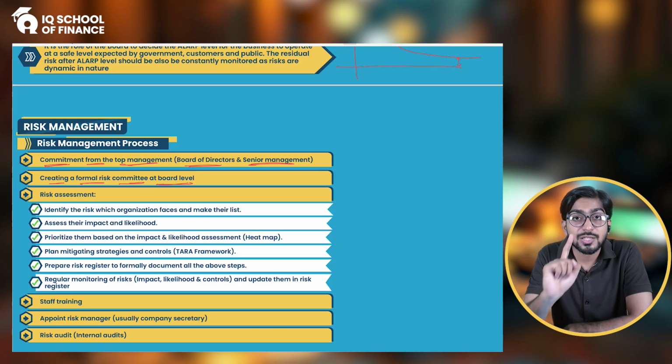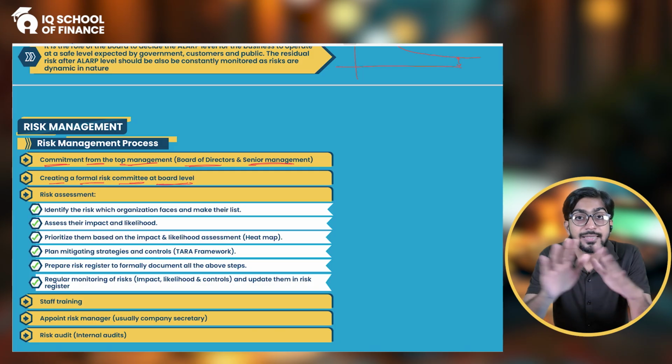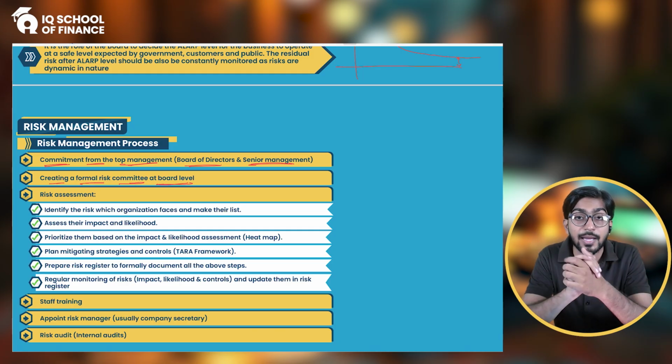So if the board has made the dedicated risk committee, that means that the board is more serious, more focused, and more committed about risk management, because now the risk committee can give dedicated attention and focus to it. They have identified a few people among the board who are responsible and assigned with this job. This is now their job duty and they have to do this. So this is the second step in good risk management, right?